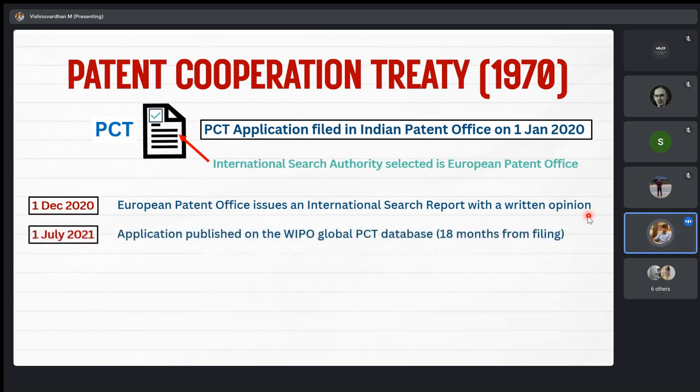Cool. And then on 1st July 2021, 6 months after this, as in totally 18 months have passed from 1st Jan. So it is 1st July 2021. My application is automatically published on the WIPO Global PCT database. Okay. 18 months from the filing. Cool. After this, on 1st December 2021,